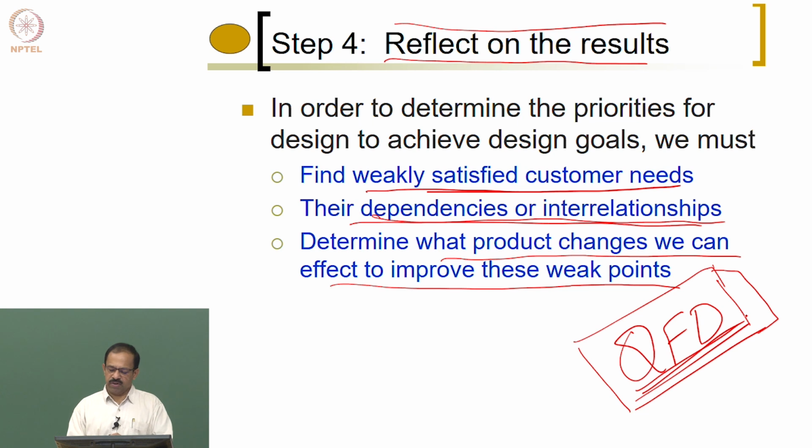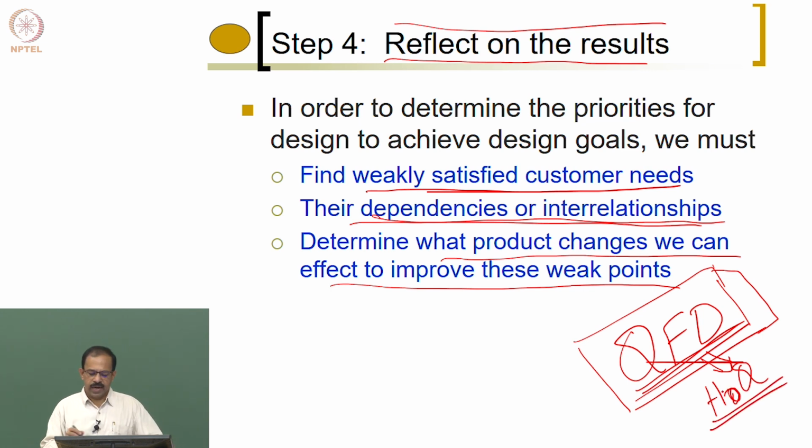We will look at this QFD, and one of the QFD tools is known as house of quality. We use this HOQ, or house of quality, to analyze the metrics, values, and the competitive benchmarking. Everything we'll try to put on one single page and then see which one is going against us, which one is in favor of us, and what changes should be brought into the product in order to make it more and more user-friendly or satisfying to the customer needs. So that is basically the next stage.